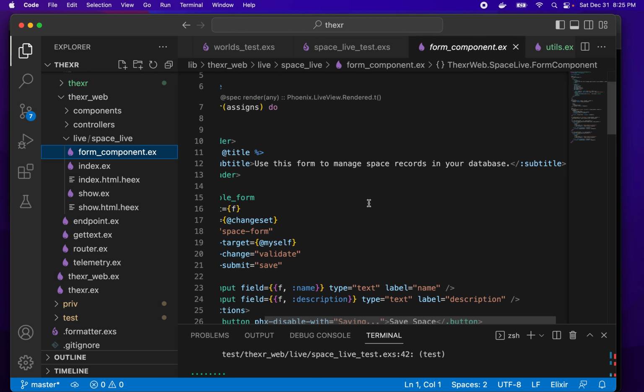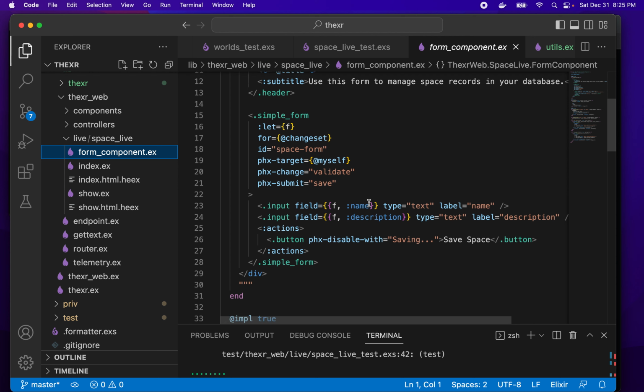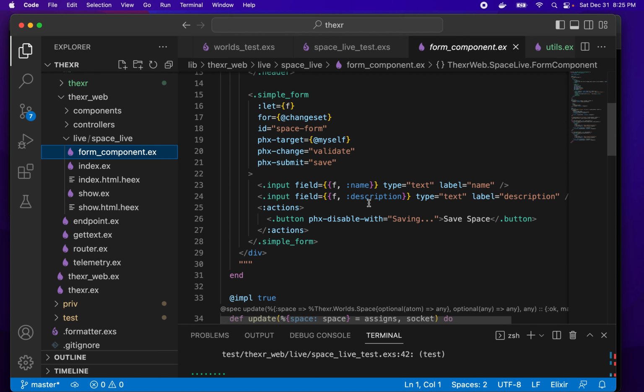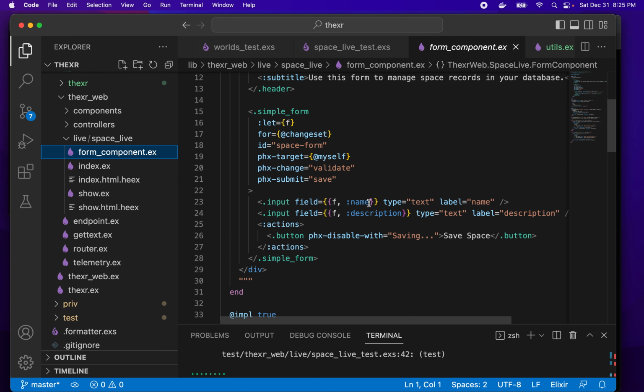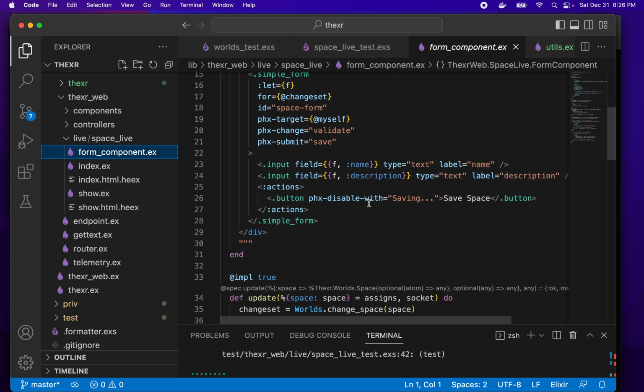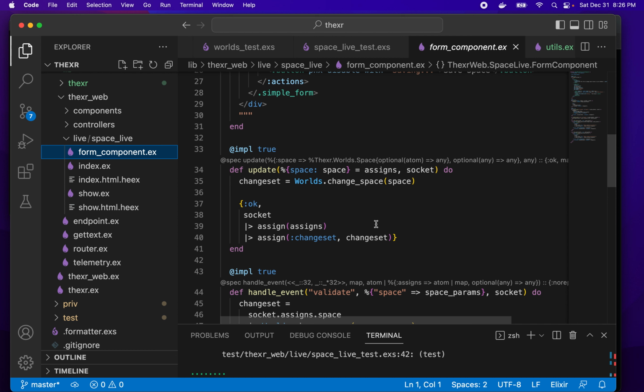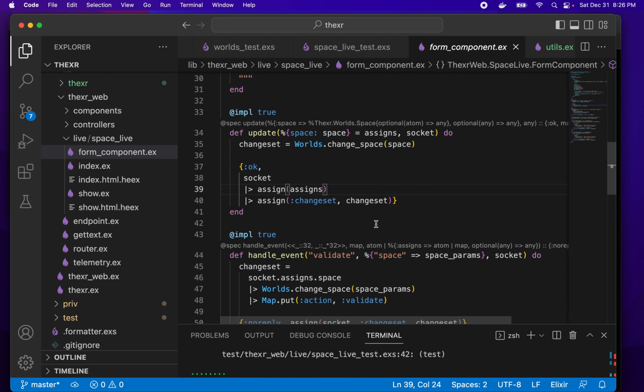Use this form to manage spaces in your database. Okay, so the way it updates is it calls worlds change space and it has a new space,